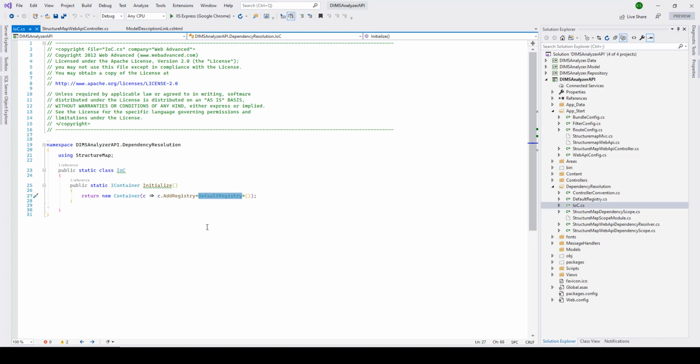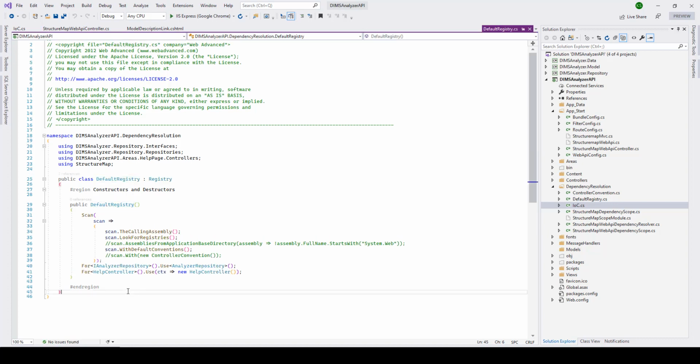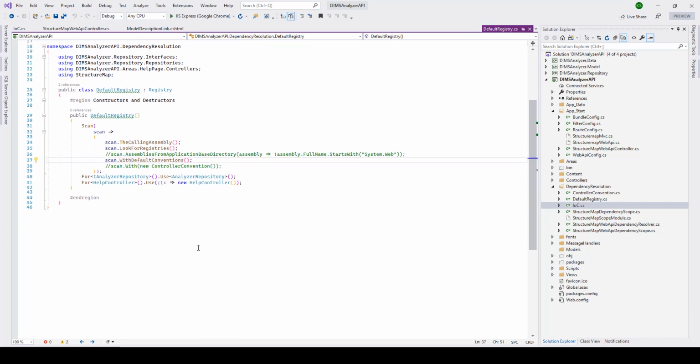Now, if I go to DefaultRegistry, you'll notice I've implemented a couple of things over here, like scan the calling assembly, look for registries, and then with default conventions. After that, you'll also notice that I have some interfaces that I am implementing using dependency injection, and then this HelpController, use HelpController. These two things need to be there. After that, in your